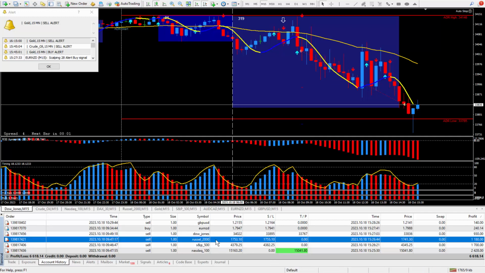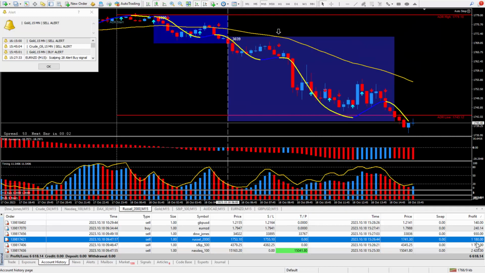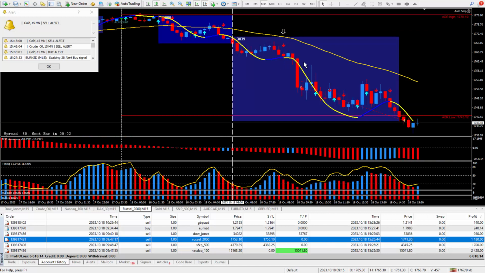Moving along to the next trade, the Russell. This one pays $10 for each tick. Looking at the money, this should be 118. So let's see where I got in at. There's the arrow. We're selling